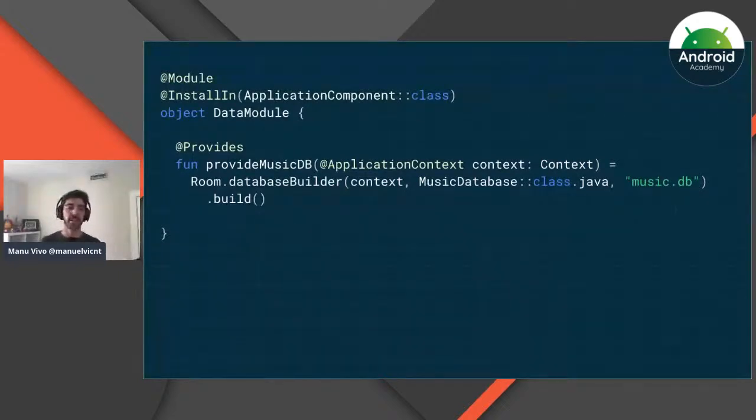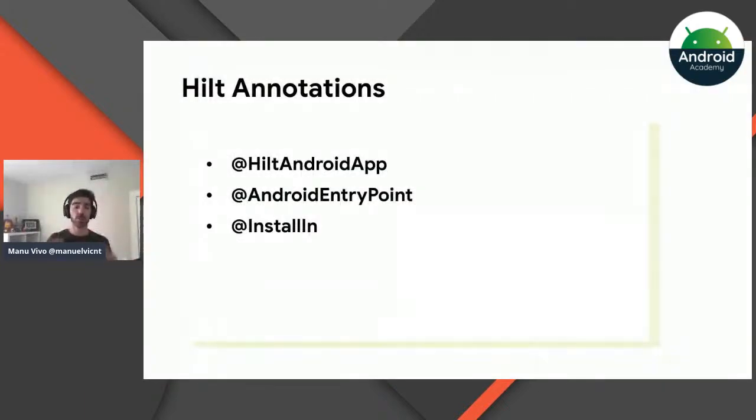And you can see this as some sort of recipe. So Hilt is going to come into the application graph and it's going to say, hey, how can I create something? And then if it's annotated with @Inject, then it will use it, as we saw before with music player. But if not, here we are going to give the information to Hilt about how to create something. So in this case, we are creating a Room database builder, and that's it. And this is because we cannot control the constructor of Room and how to build this database. So we use @InstallIn as well to say where that information is going to be provided.